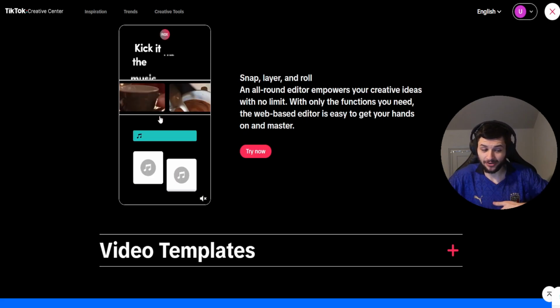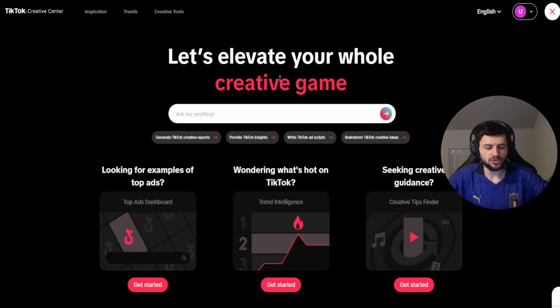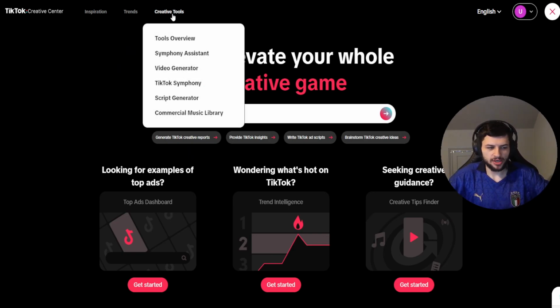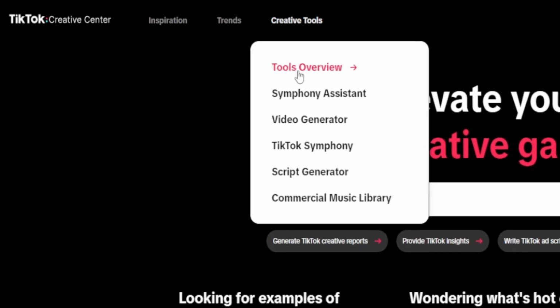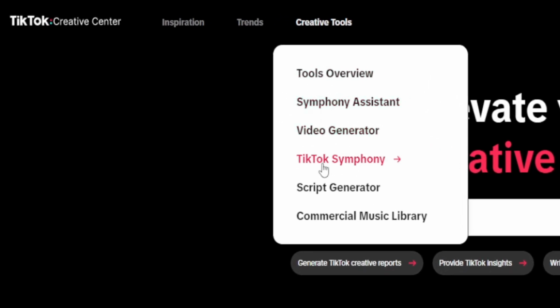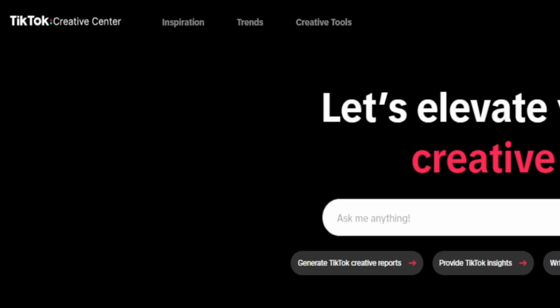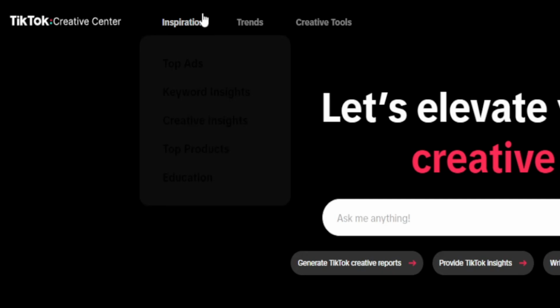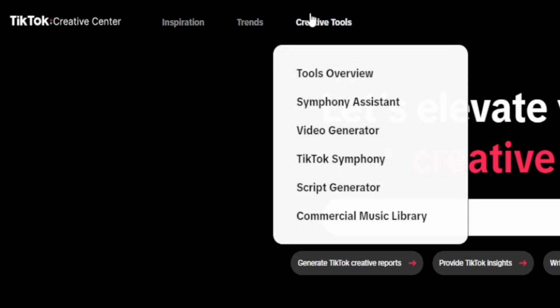They also have a video editor you can use, video templates, some really good tools on here, but we're looking at Symphony AI. So you can see creative tools at the top. Here's how we can access tools: tools overview, Symphony Assistant, video generator, TikTok Symphony, script generator, and the commercial music library. You can also have a look at trends, which we won't be looking over today, and also the inspiration section. So you can have a look at these when you do market research, but we're taking a look at